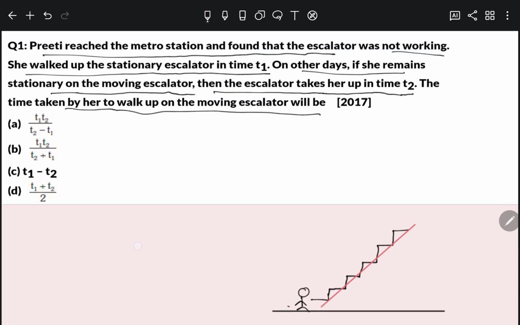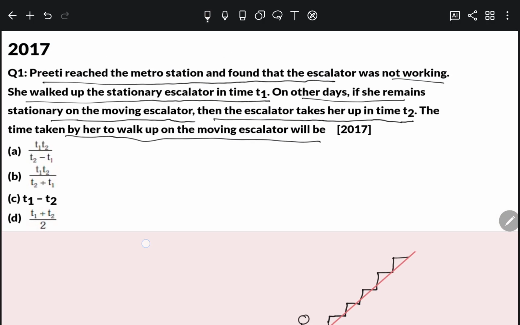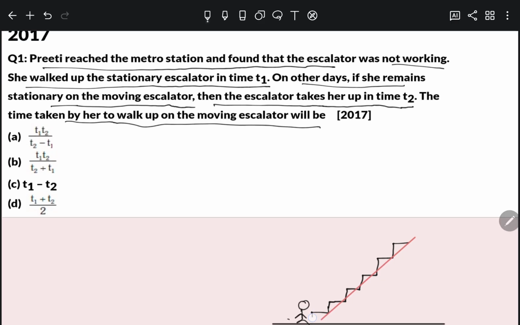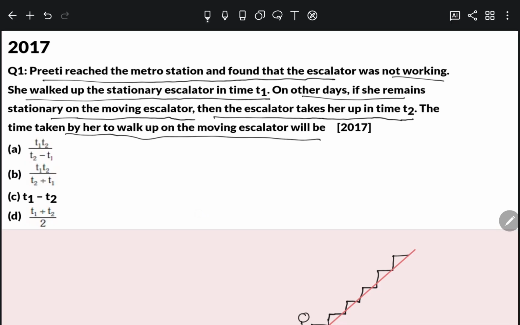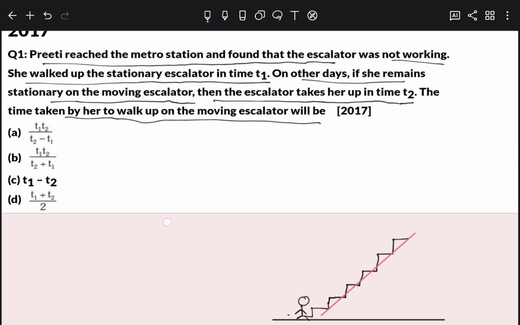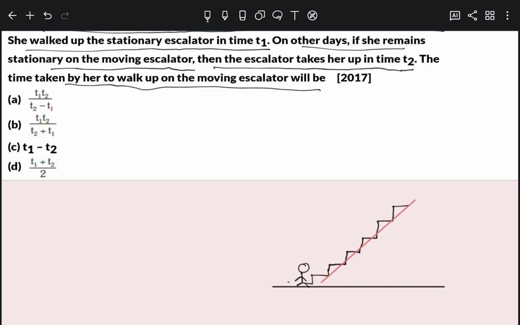The first time they see that the lift is not working, so she walked up the stationary escalator in time t1, right? So they are asking,